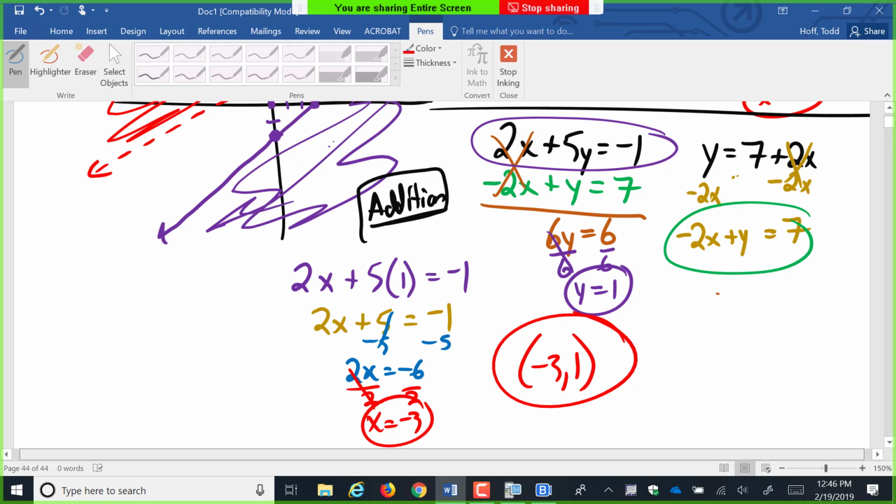Get the same answer either way. For this one, since the second equation was already solved for y, it wasn't terribly difficult, though it was a lot more work to do substitution. Like I said, I tend to favor the addition method just because that's the way my brain thinks. I don't work with a lot of symbols. But the substitution method is going to give you the right answer, and whatever you're more comfortable with is